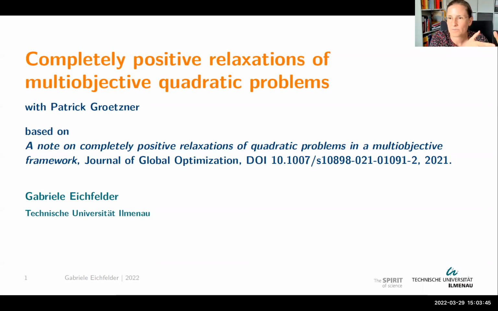So all the difficulty from your original problem is moved to checking whether a matrix is an element of this difficult cone or not. And because working with cones, continuous convex problems with cones, is something a big group of people is familiar with, continuous people. And by studying these completely positive problems, this allows you to handle, for instance, combinatorial optimization problems a continuous person would not have touched before. And it gives the hope that based on studying these completely positive relaxations, you can deliver, for instance, bounds for these hard problems coming from combinatorial optimization.